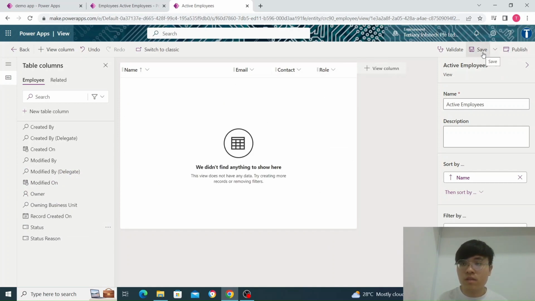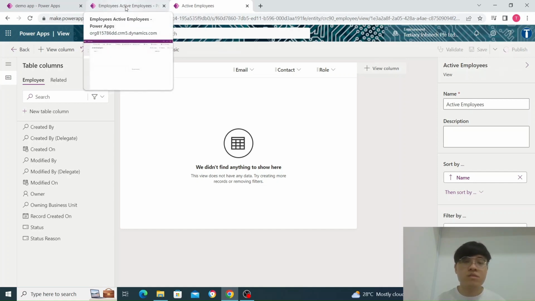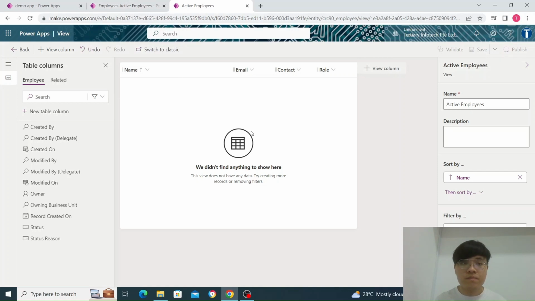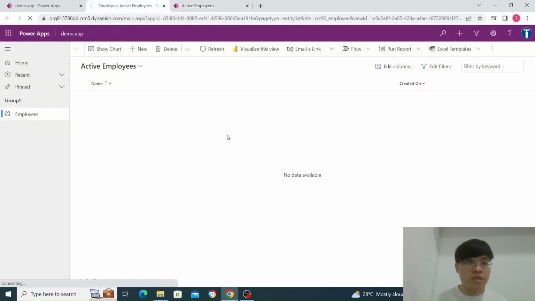Okay, so now I click save and then publish. Once it is done publishing, when I refresh the main page, it should show the new table. Okay, just refresh. And there we go: name, email, contact, row. Now that we have our table set up, we can add a new employee. So when I click new,